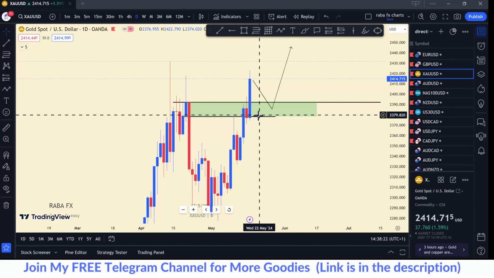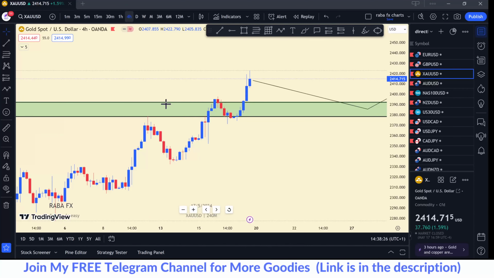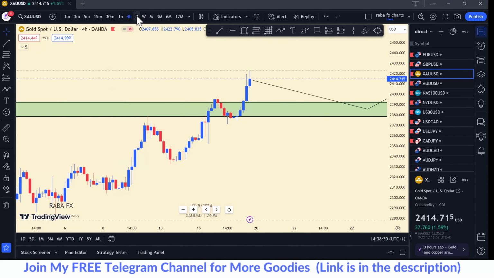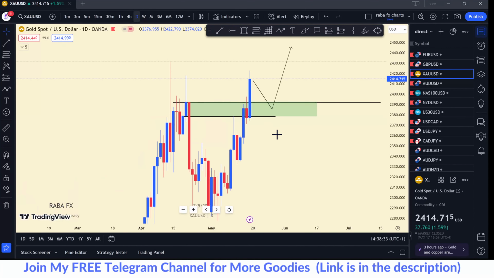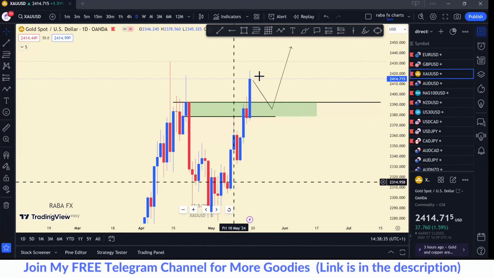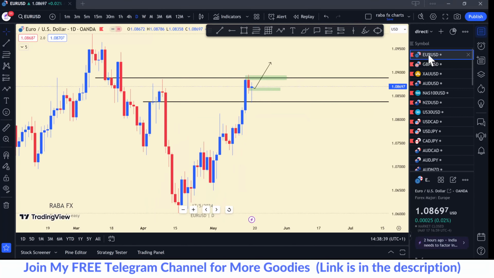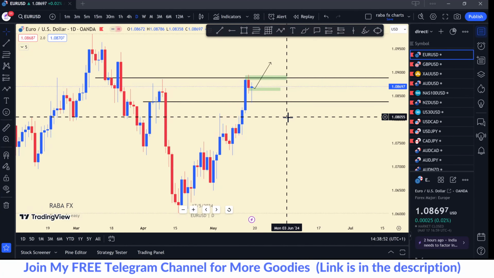So these are my setup for gold. If I go to the 4-hour, I can refine to my levels here. So what am I saying here? The directional bias for me for gold is bullish. Directional bias for Euro USD is also bullish. Most of these dollar pairs are bullish. Dollar weakness, then the other currency strength. So take note of that.